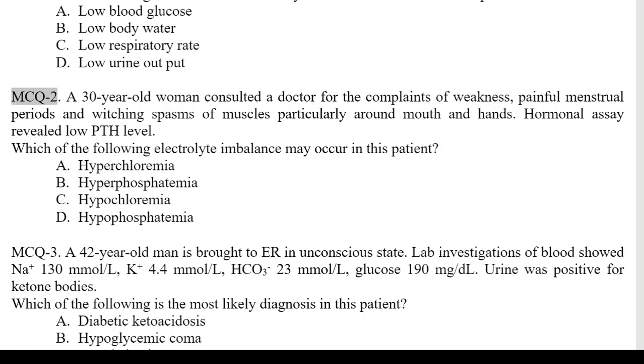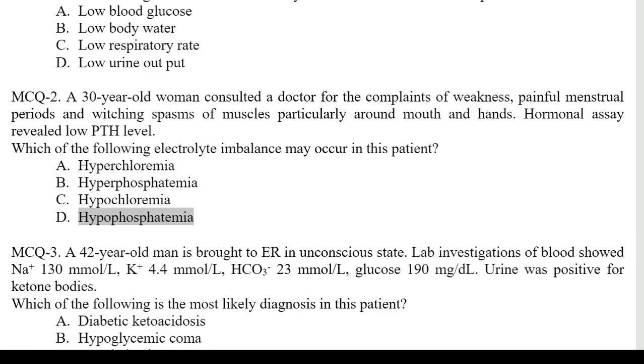MCQ 2. A 30-year-old woman consulted a doctor for the complaints of weakness, painful menstrual periods, and twitching spasms of muscles, particularly around mouth and hands. Hormonal assay revealed low PTH level. Which of the following electrolyte imbalance may occur in this patient? Hyperchloremia, hyperphosphatemia, hypochloremia,